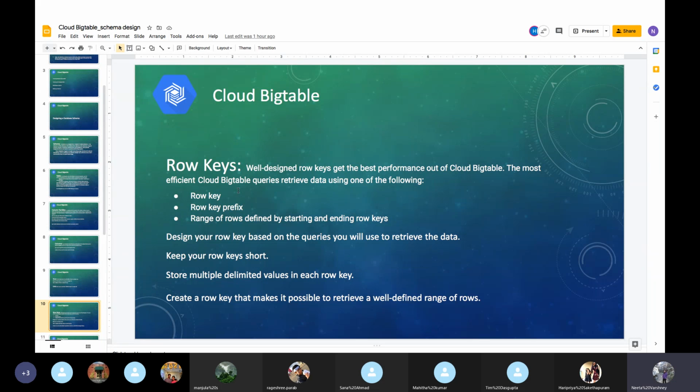Store multiple delimited values in each row key. Basically, if we have multiple identifiers in our key, when a row key includes multiple values, it is especially important to have a clear understanding of how we'll use your data.